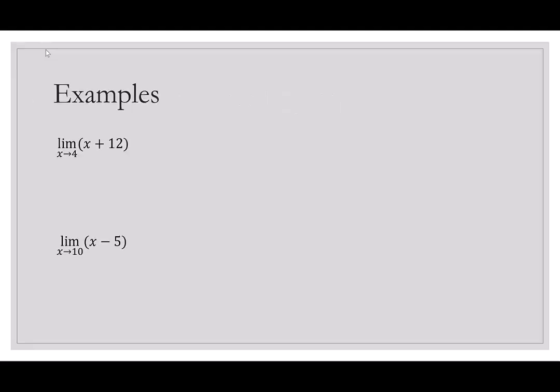If I have the limit when x goes to 4 of x plus 12, we're going to get 4 plus 12. So we're adding because it said add, that's 16. If I have the limit when x goes to 10 of x minus 5, we're going to have 10 minus 5, and that's 5. So we're just plugging in the values that we get from the limit,